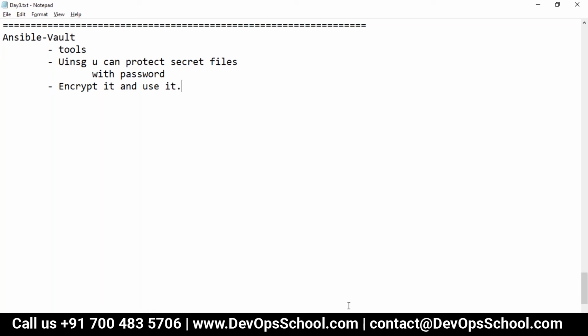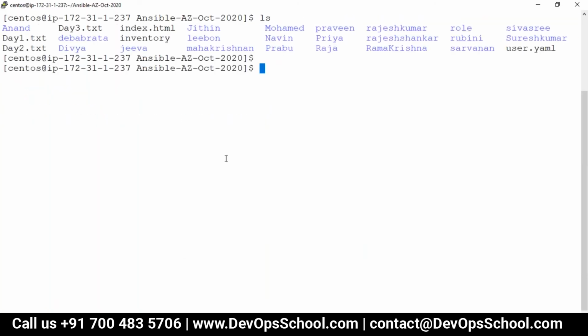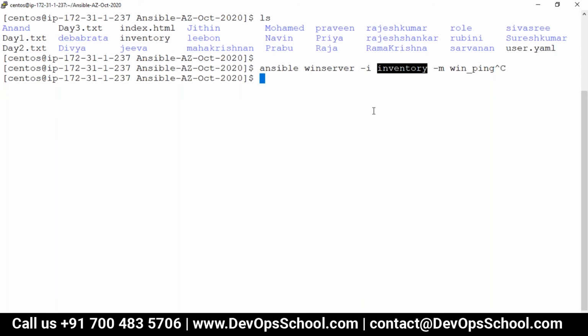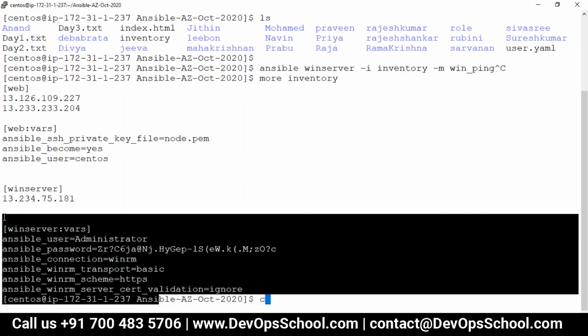So in short, I'm going to show you the demo. Look at my screen here. So guys, what do you think? In this command, let's say inventory is the secure thing. So you have a password, right? Inventory, you have a password, correct? Don't you think so? Yes. What do you want to do, guys? See, I can steal it. If you commit this code in GitHub or somewhere else, I can steal it. What do we do in this case?